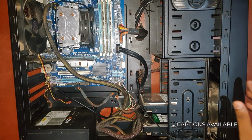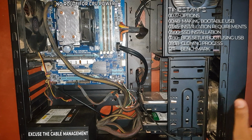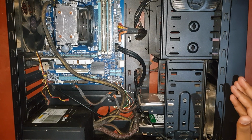Hey everyone, this here is a 5-year-old desktop that I will be upgrading with an SSD. It used to be quite capable of running AAA titles, but the 1050 Ti died just recently and the HDD